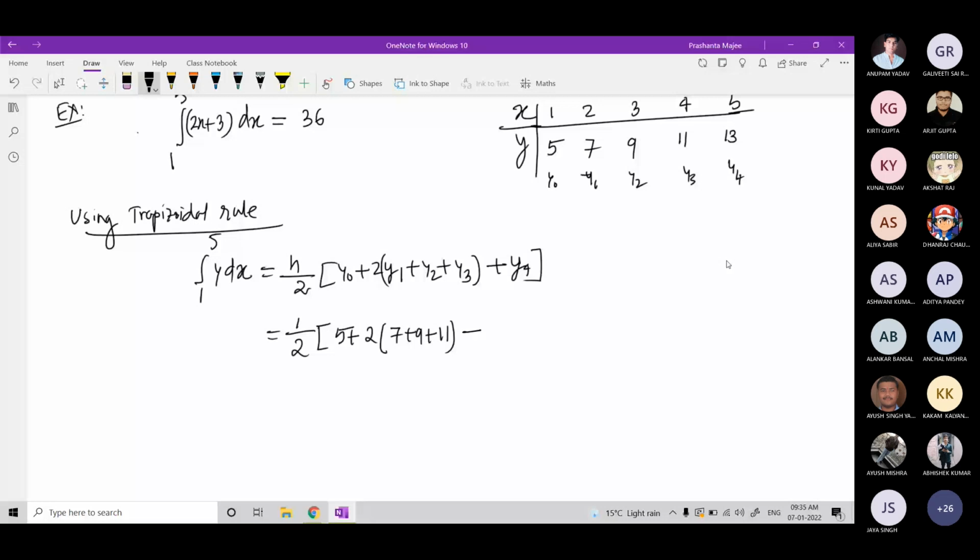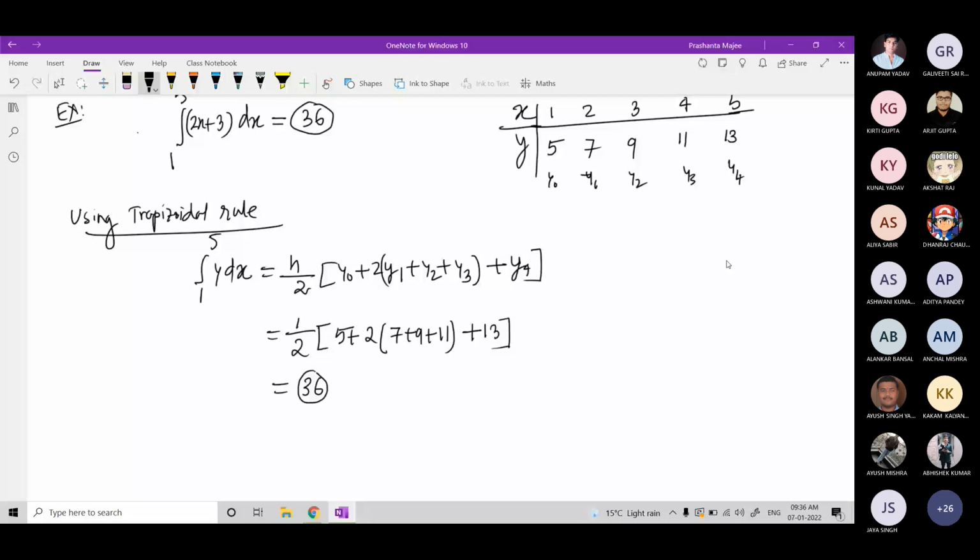Simplify and tell me how much you are getting. 36. So you see we have obtained the exact answer. We did not even need this many data points. Even if we had created only 2 data points,